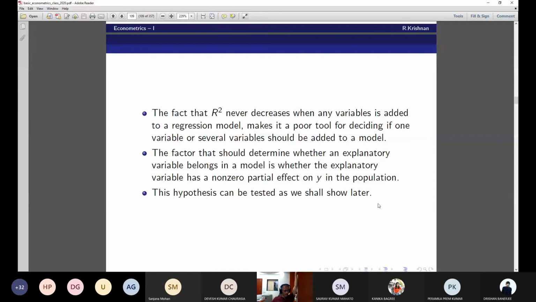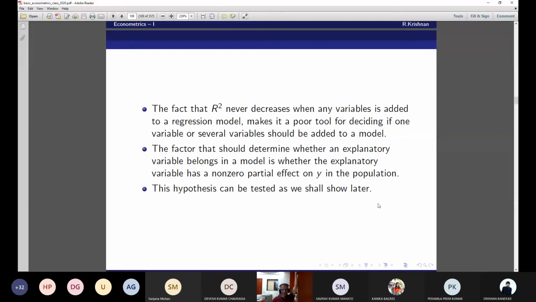But for now, we'll introduce another measure, which is normally called the adjusted R square or the R bar square, which will impose a penalty for adding unnecessary explanatory variables. Later on, we are going to see the effect of not including a relevant independent variable, and the consequences of including irrelevant explanatory variables. This leads to what is called omitted variable bias. But before that, we'll see this.